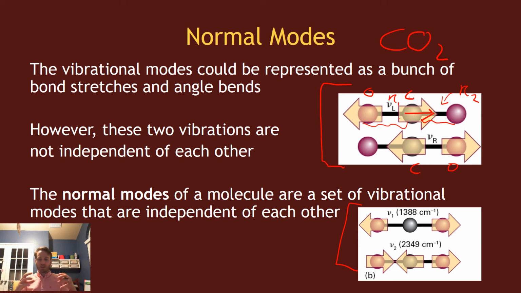I can do this joint compression and expansion, the top normal mode, and it will never add any amount of energy to this asymmetric vibration. These are unique types of vibrations. They're not coupled together whatsoever. So another way to talk about these normal modes is that they are uncoupled vibrations,